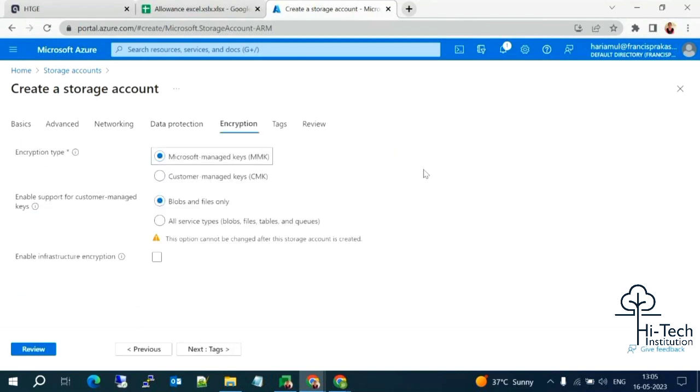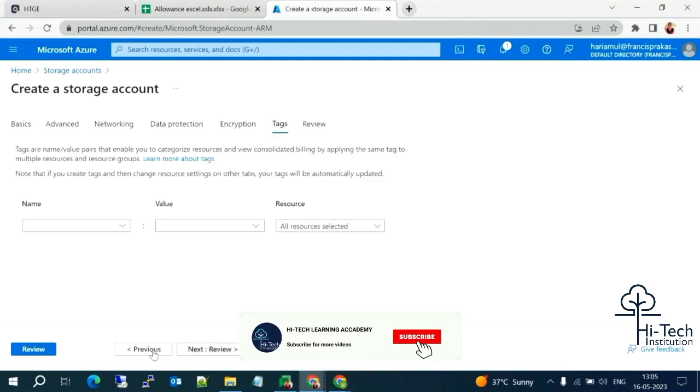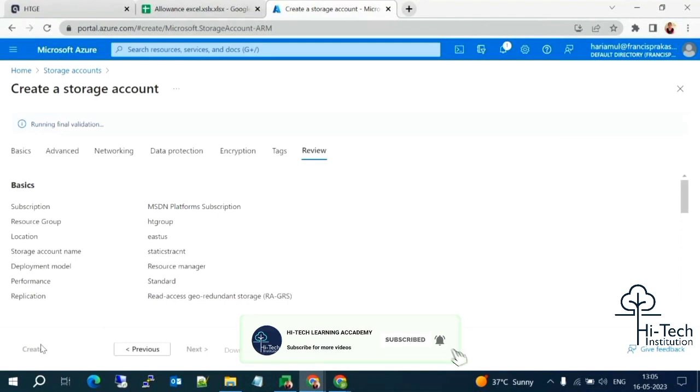This is completely a storage account, so it stores your data and information. When anonymous or unwanted users try to access your storage account, that time we need encryption. So if you want, you can enable the encryption. Then only can you protect your data. So next, finally, I'm going to click on review. Once review is completed,